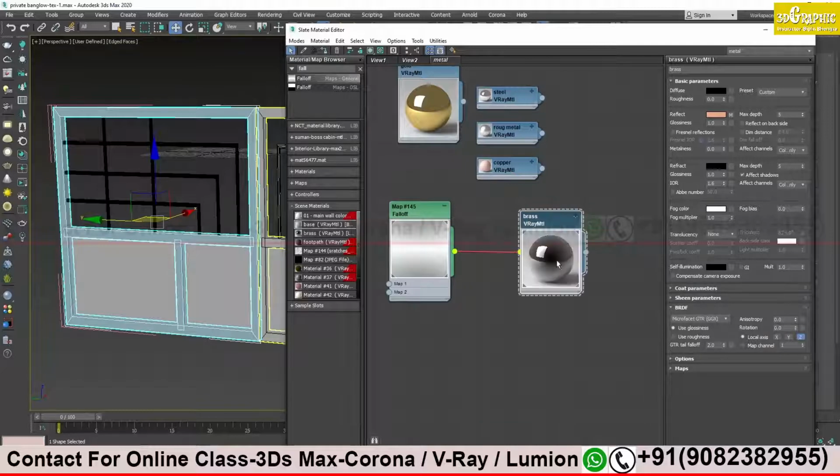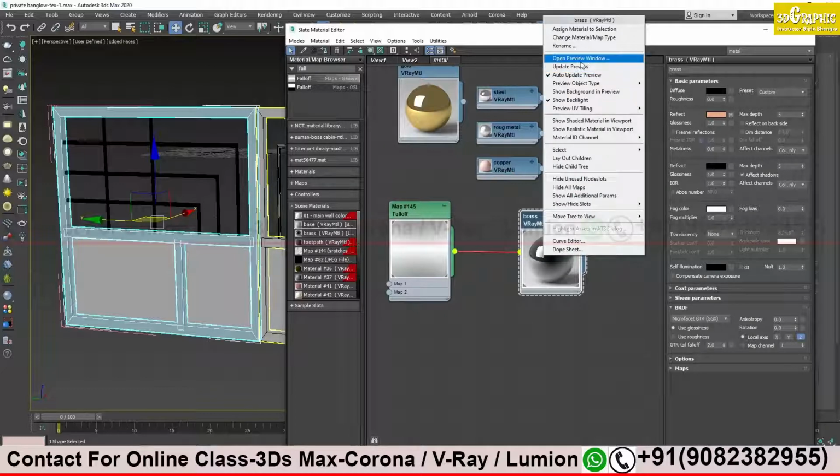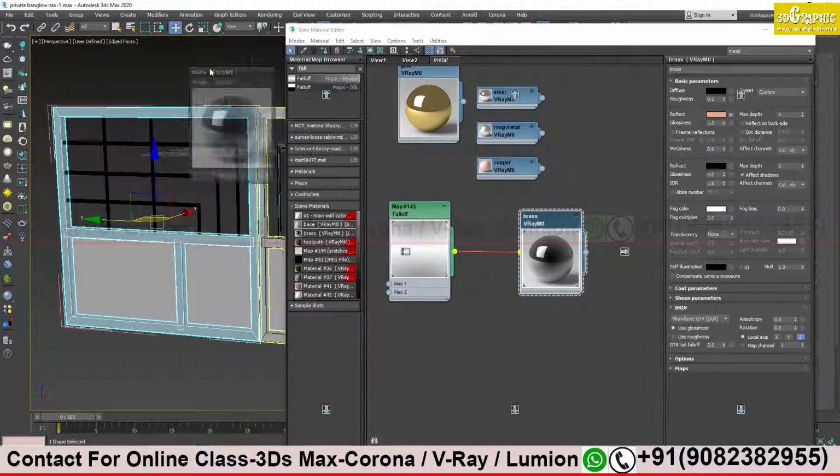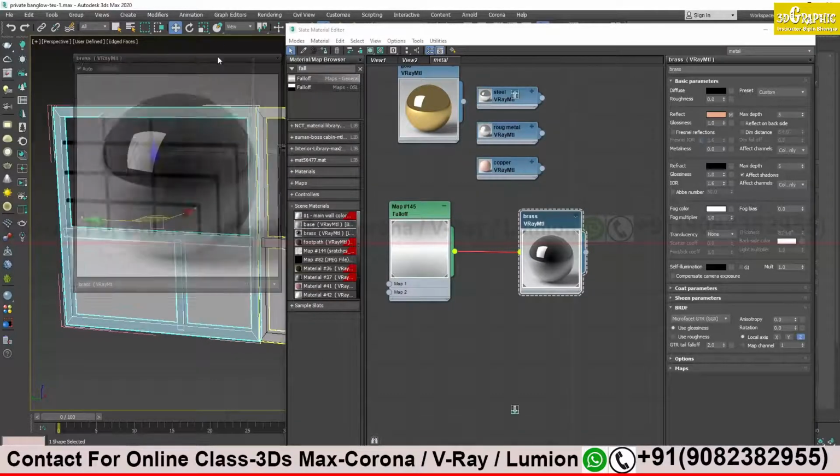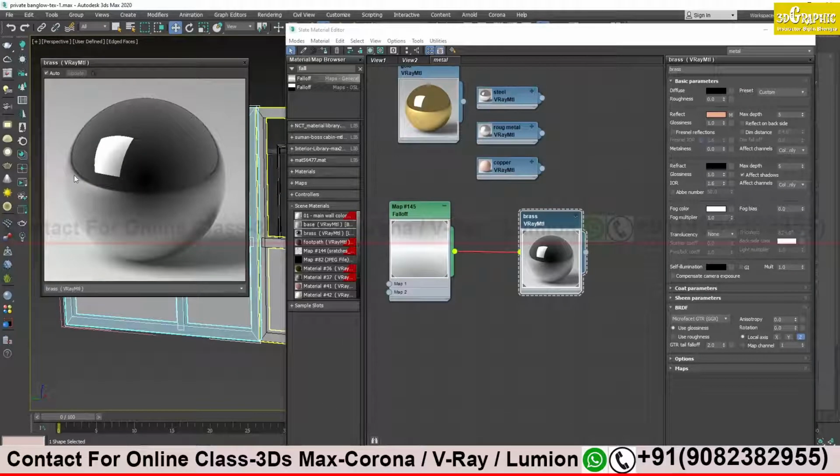Now my brass property is gone. How to get back that brass property now? If I open my preview, I get some black and white reflection, which is good. Some portion is reflecting, some portion is not, but the color value of the brass is gone.